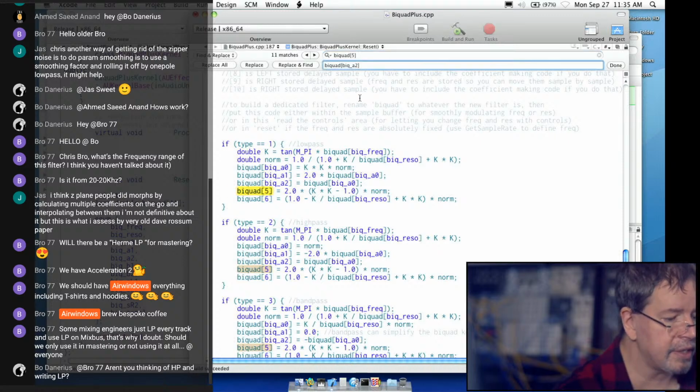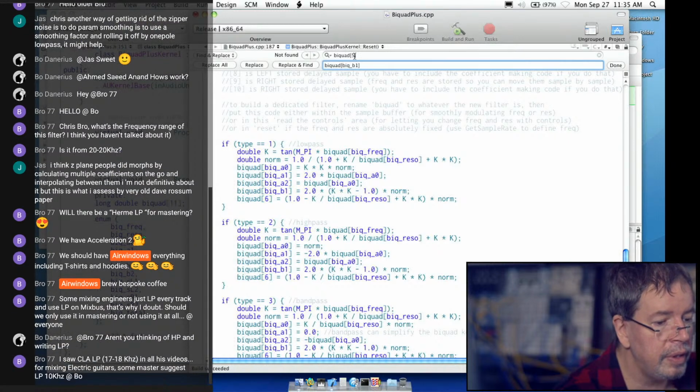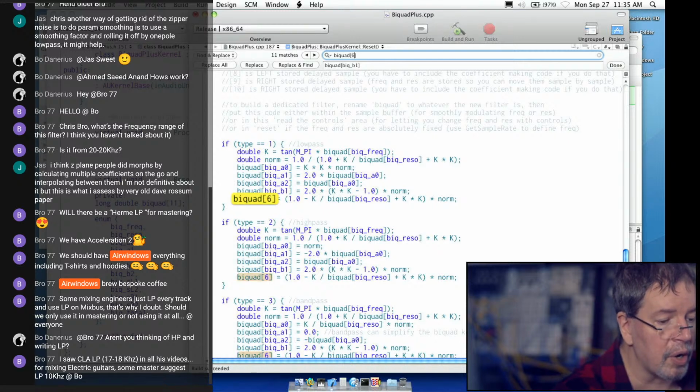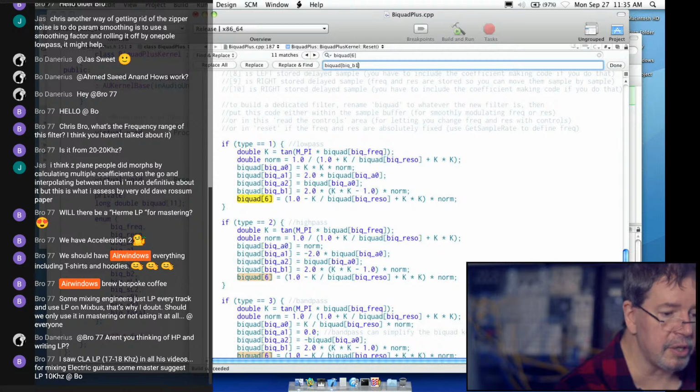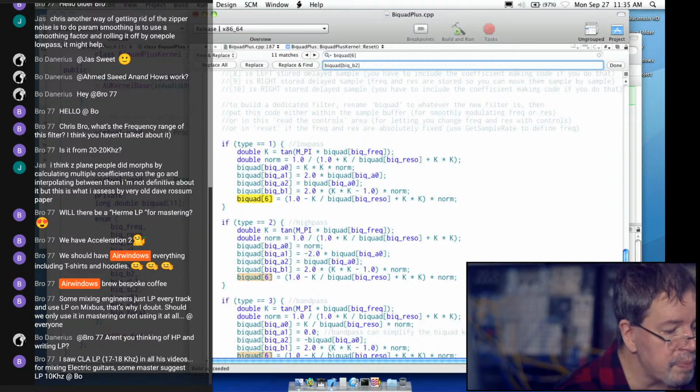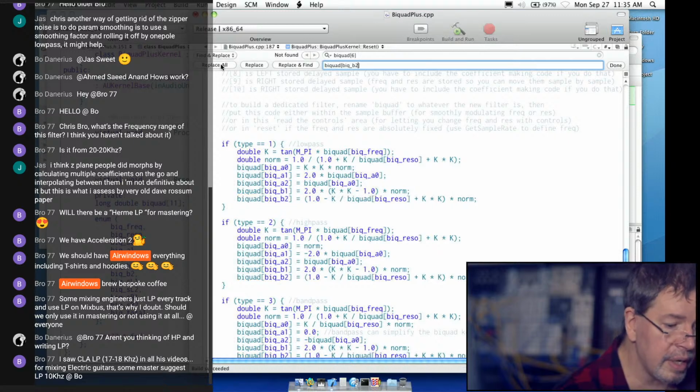Next after A2 is B1. Good, good. I'm looking at where it updates and making sure that it's the way that I want. It needs to be the one on the bottom of the list here. After B1 goes B2. Fair enough. If I hit this, it should do it, and it did.